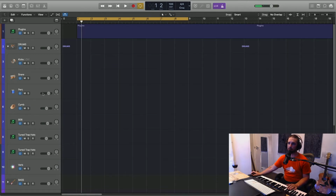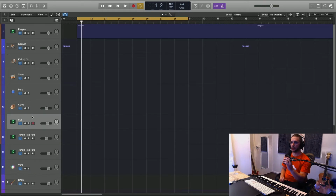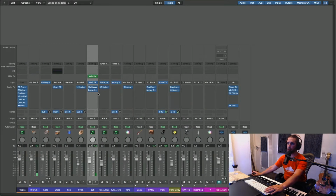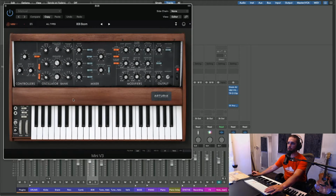All right, let's get some drums happening because this definitely needs some drums. I'm going to start with some 808s. And I'm going to use two different 808 sounds in this. The first one I'm going to use is going to be, just so you know, I'm using a Mini for the 808. This is an Arturia Mini replica, and I'm just using the 808 Boom preset that they use,